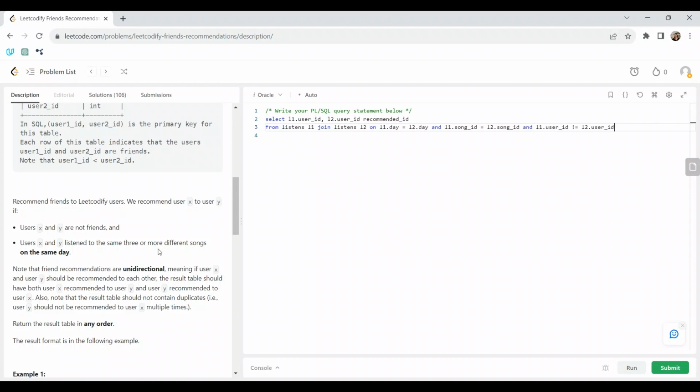All right, so now we get a table with user 1 and user 2 that listened to the same song on the same day. But we also have this condition where they listen to the same 3 or more different songs. So we have to do a filter, but since we are aggregating, we're going to do a HAVING COUNT. Remember the DISTINCT, because let's not count those who listen to the same song on repeat. Distinct song ID